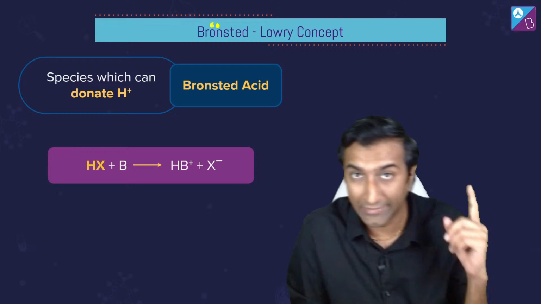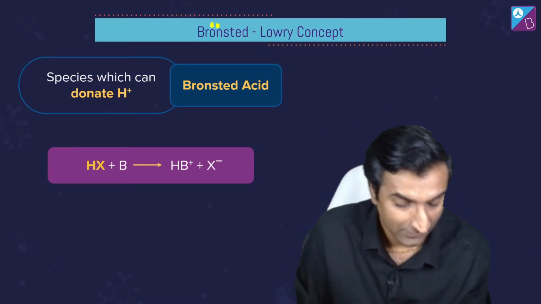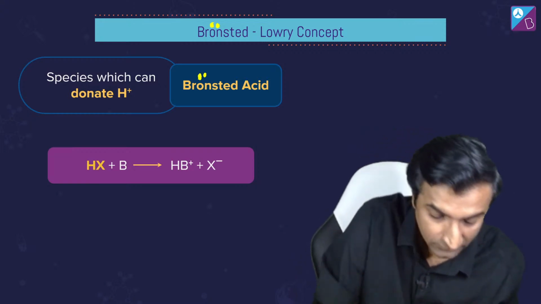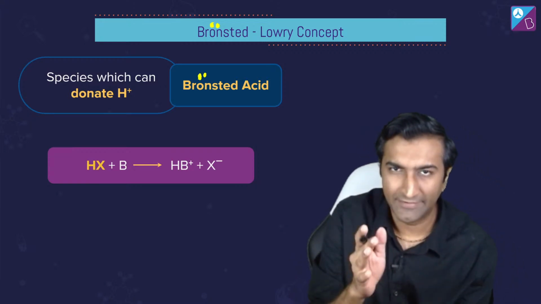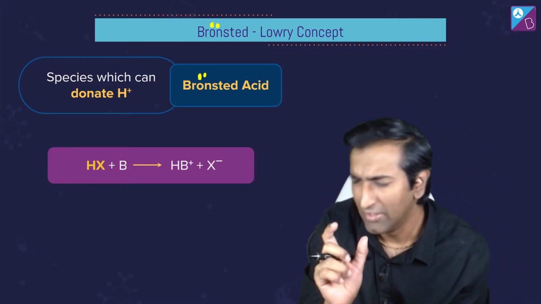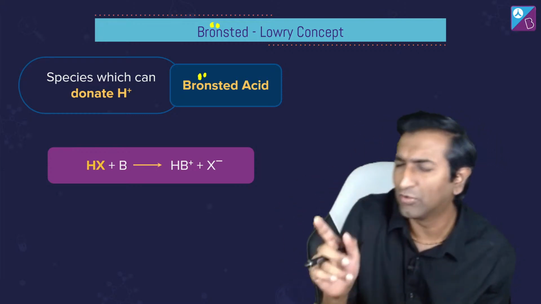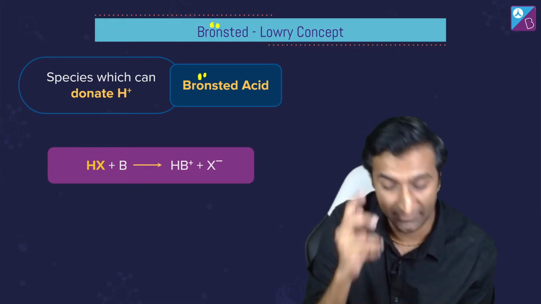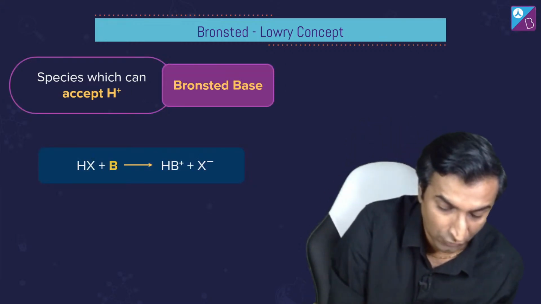Bronsted has an umlaut on top of his name, those 2 dots. Sometimes it gets missed out. Anyway, this talks about a very interesting idea. We will focus only on H+, because sometimes OH- is not there, and still the species can behave as a base. That is why we are trying to understand this.